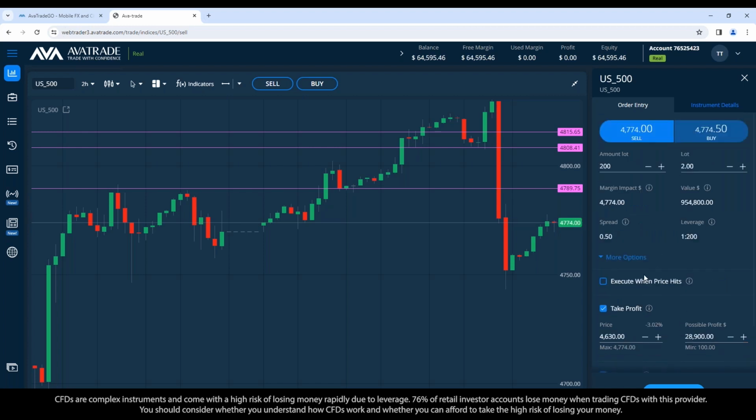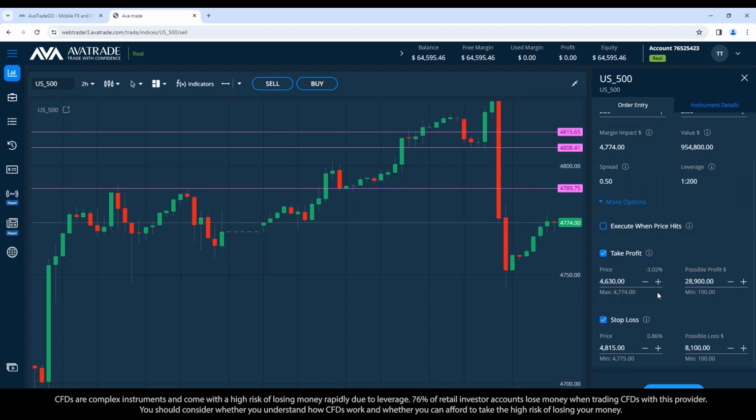Okay, so sell position, potential profit 28,900 USD, risk 8,100. It's a nice ratio of potential profit to risk, but maybe I don't want to risk 8,100. It depends on your balance and your risk tolerance, the amount you want to risk. So now that we've got the stop loss price determined based on the technical analysis signal, and our take profit